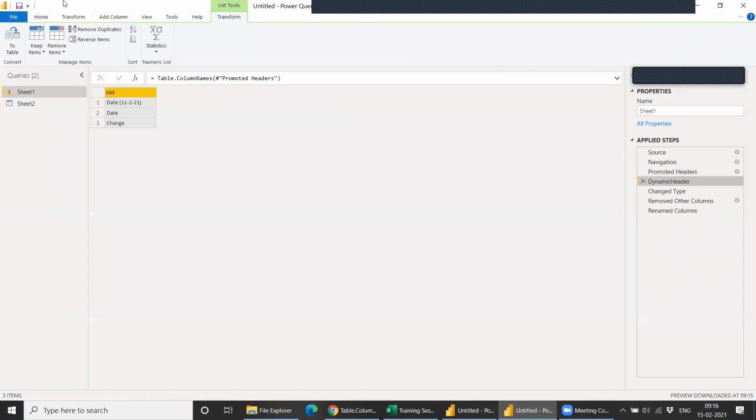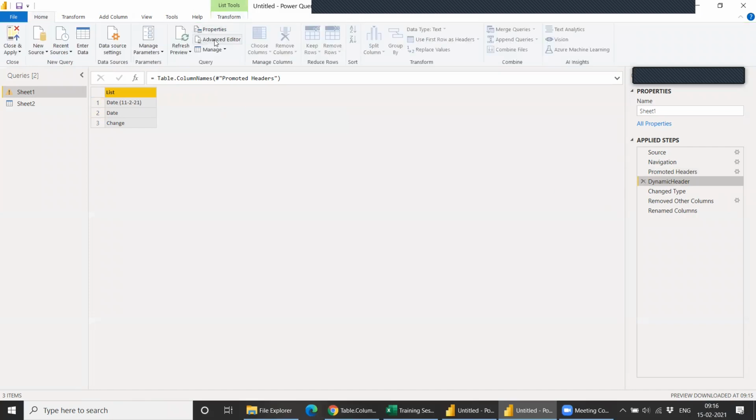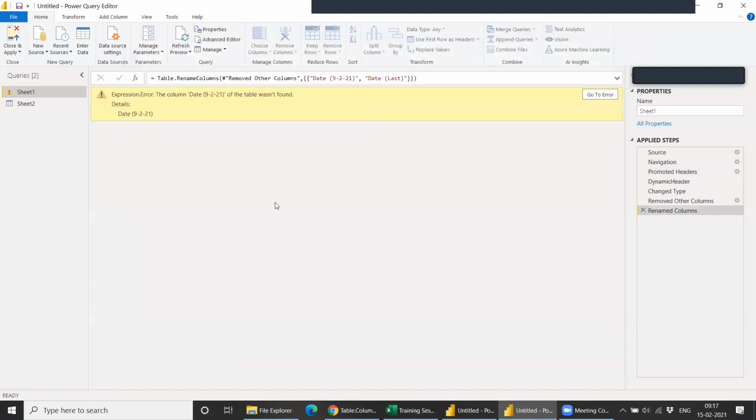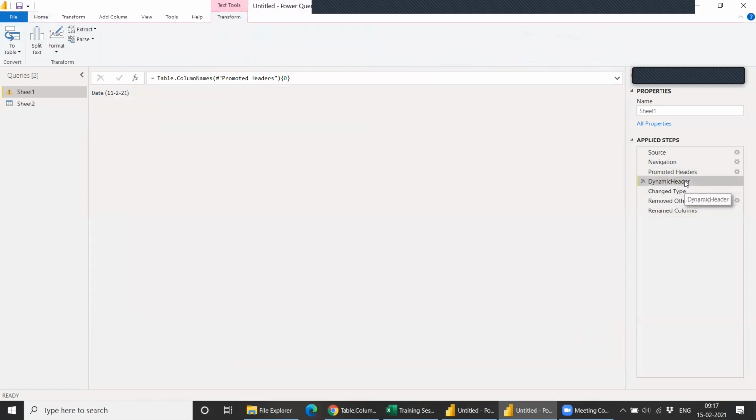So we can go back to the advanced editor, and if I give the index as 0, now it's pointing to this particular column header.